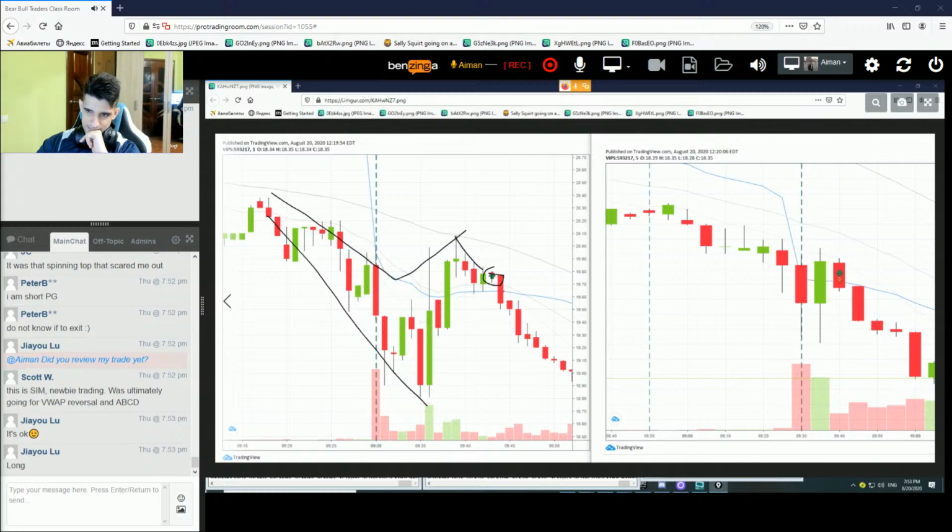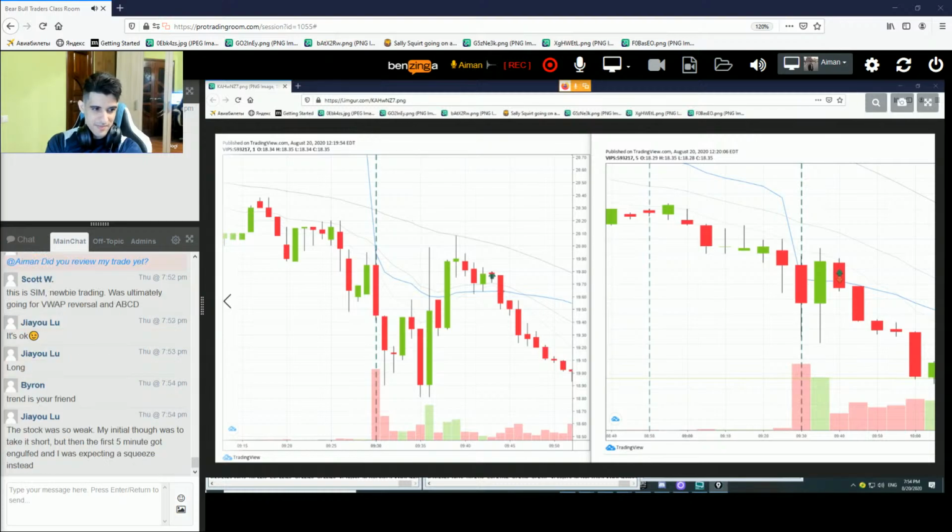I would have avoided the long definitely. Just looking at the general picture, you took it to the long side. So why would I have avoided the long? Just look at the 5-minute chart. One reason. I know you know it. There is a reason on the 5-minute chart why we wouldn't take this to the long side. It's one of my rules. I'm not sure if you're implementing it, but